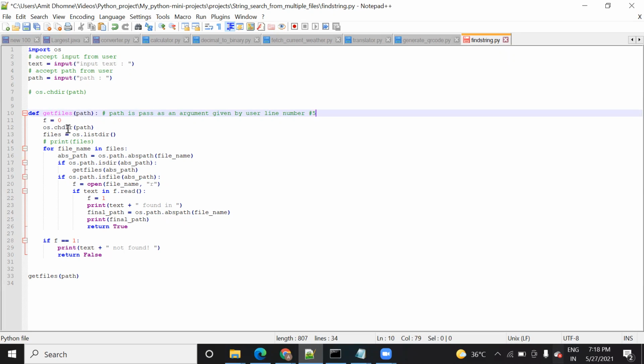Now os.chdir, that is your path. Now you are going to pass the path. This path will be copied here, and now your file will be read from the current path. This is for files is equal to os.listdir, meaning whatever directory you currently pass will be assigned to this files variable. Now for file name in files, whatever